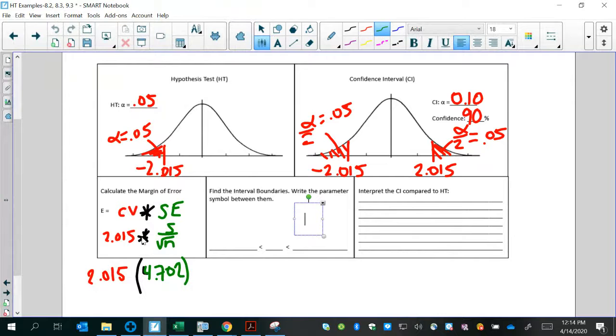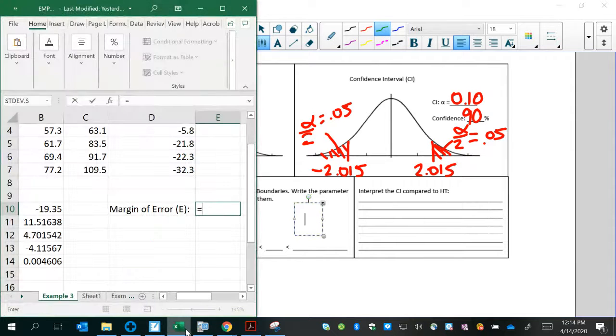Yes, I used the positive critical value here. Remember, always use a positive because you are calculating E, which is a distance. Okay, 2.015 times the standard error, 4.70, whatever that was. And here's our margin of error. If we round that,